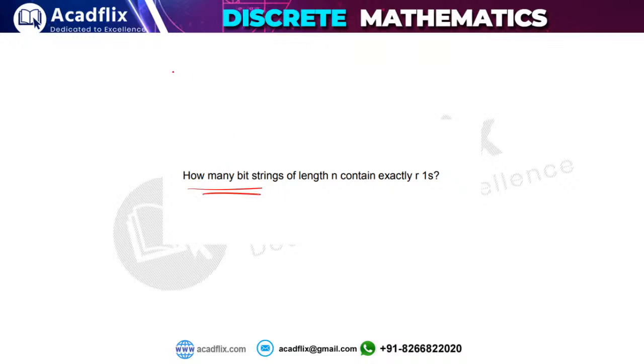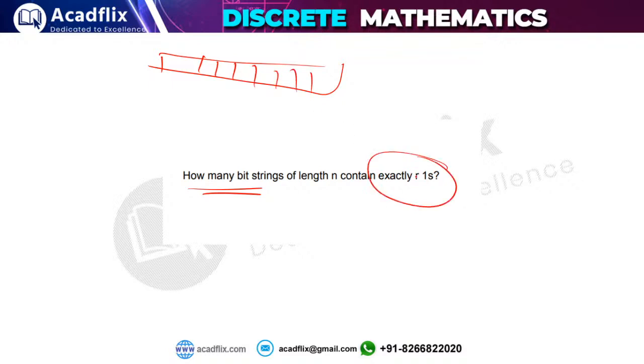He's saying how many bit strings of length n contain exactly r ones. So you want to make a bit string of length n, and in this bit string exactly r ones should be there. So what will be the answer? All you have to do is just